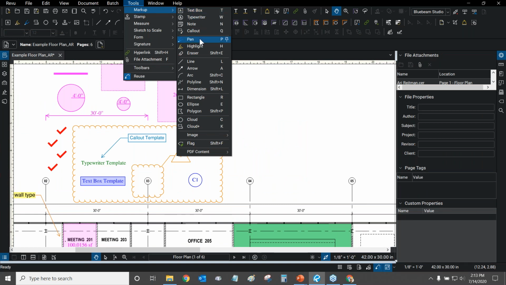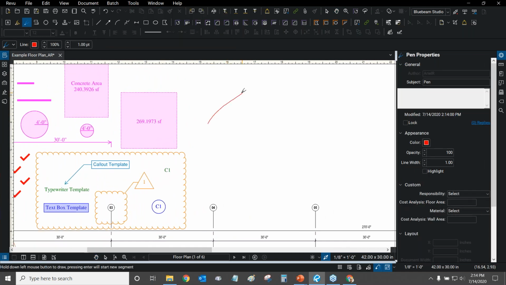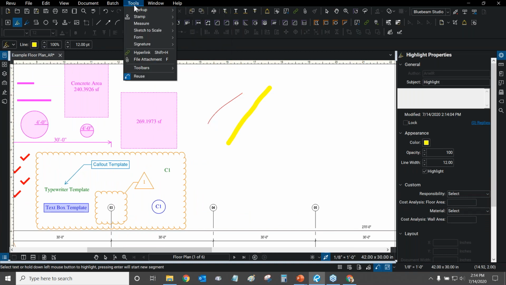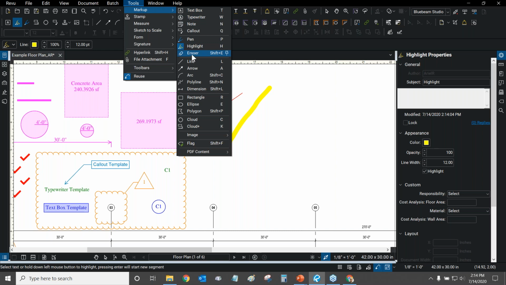Review has access to the pen and highlight tools. How does the eraser tool work? At first it seems like it doesn't really work on anything, but it sure does. When you use a pen tool, and I'm also going to put a highlight out there as well, this eraser tool in particular only works for these two tools. That's why it's categorized in its own little split category.